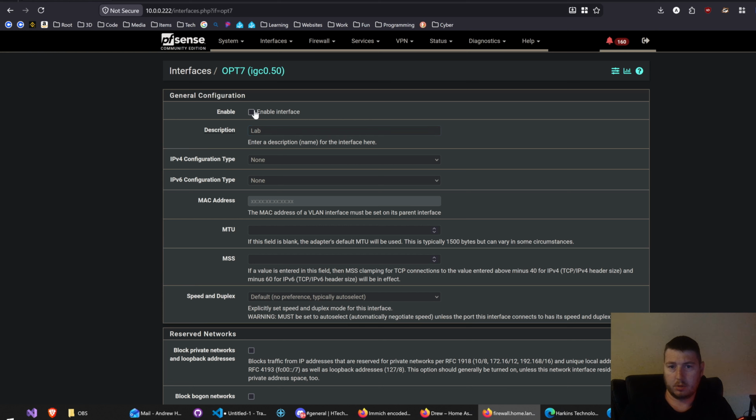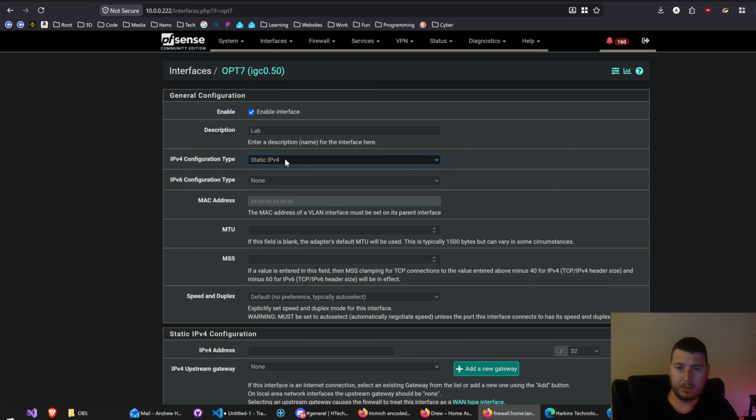We need to enable this interface so we can use it. We have to assign an IP address schema for this interface. So we're going to go to static IPv4. What IP schema do you want to give it? I have a 10 network, so I'm going to do